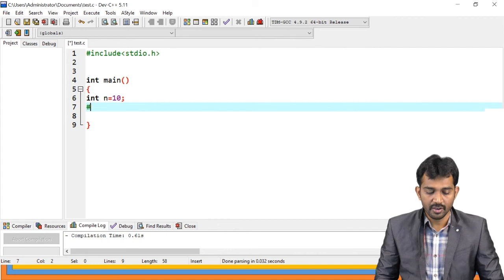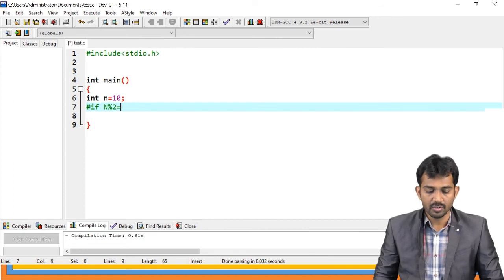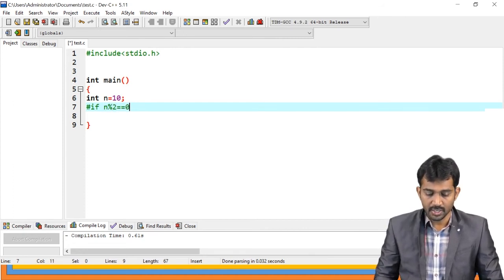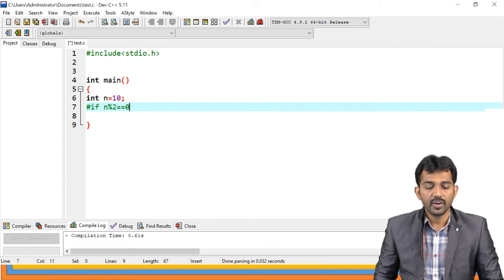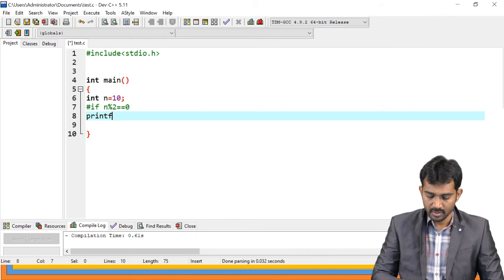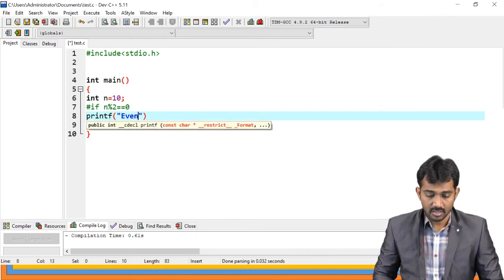See, #if, see, n modulo division 2 is equal to 0. If the condition is true, see, printf, what it means? The condition is true means it is even, right?